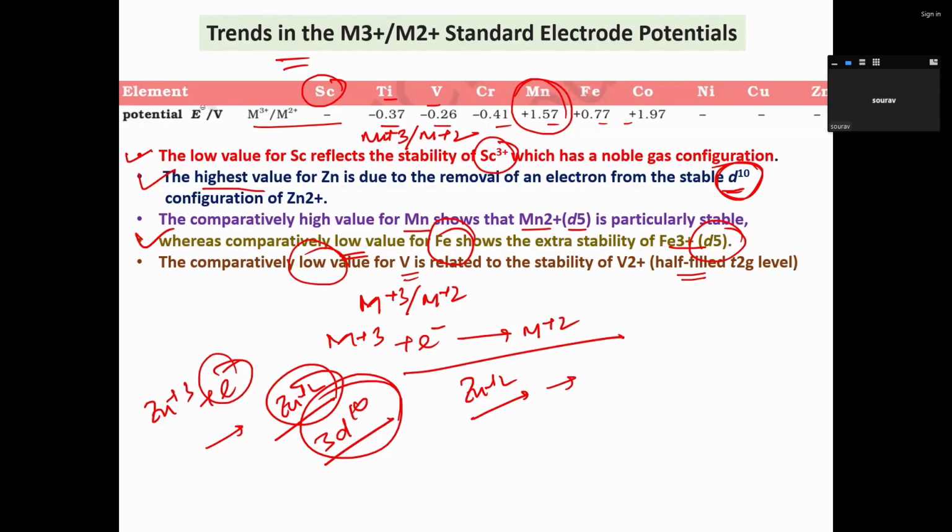So here I will stop today's class. In the next class we will talk about the magnetic properties and color of the 3d metals. Yes, if you have any question